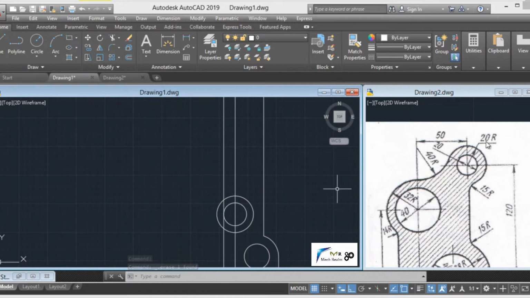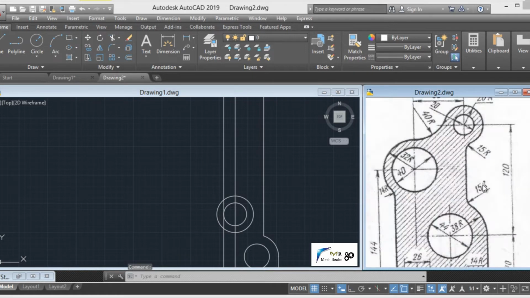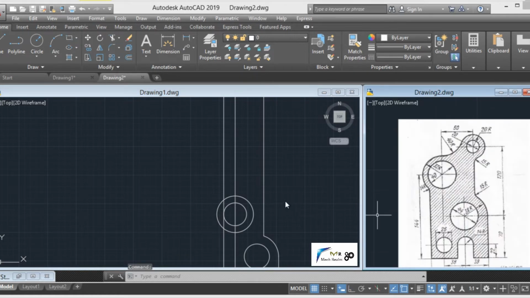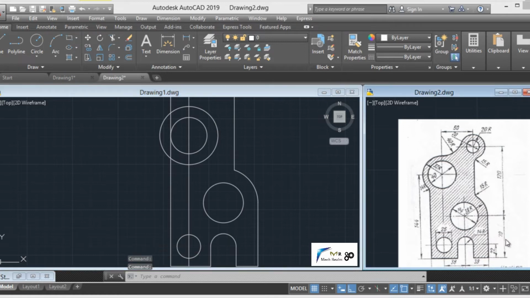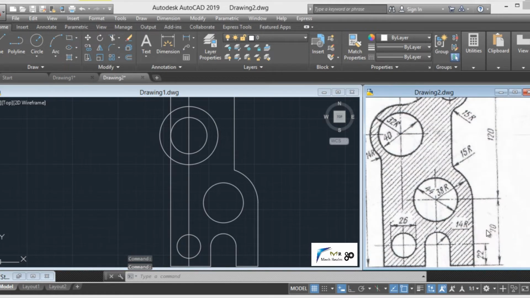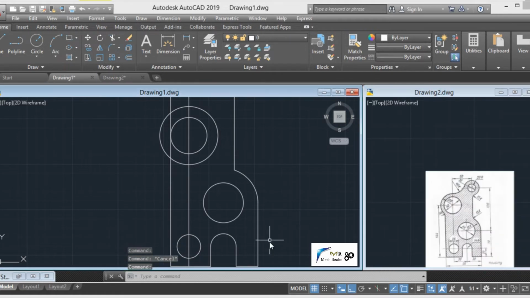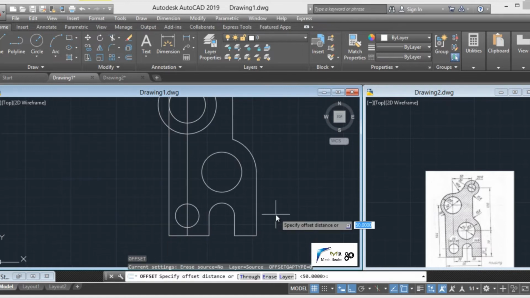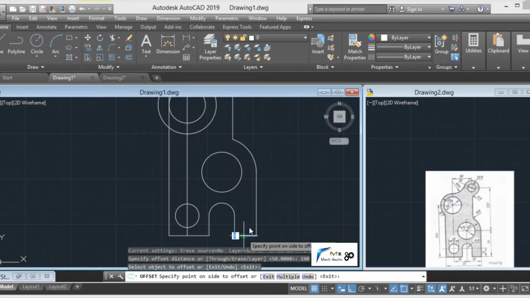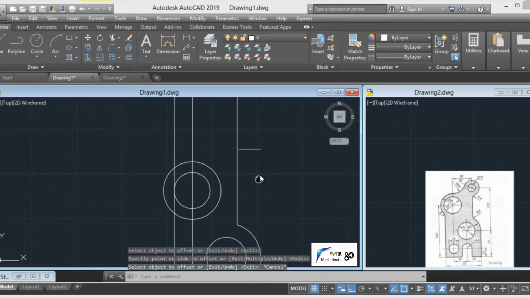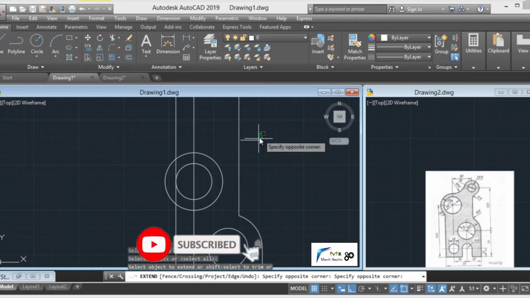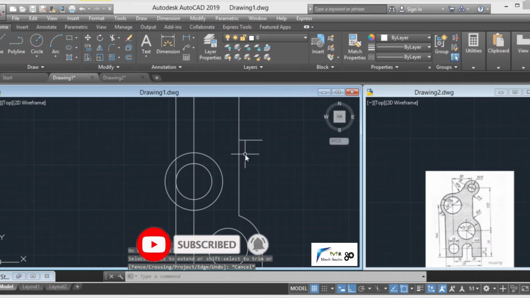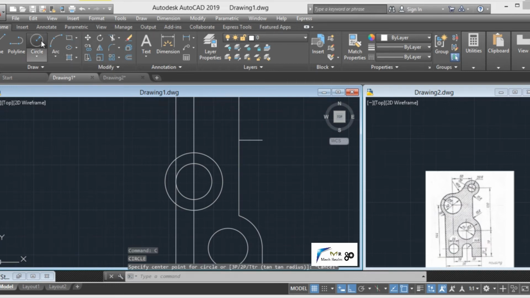Here we have to create two circles which are at a distance of 120 mm from this one. So this is 120 and this is 70, I guess 70. So 120 plus 70 equals 190 mm. Clear? So we'll have to offset it at a distance of 190 mm. So simply select this one to the top, extend it to this corner, press enter, or you can take it from this option, click here.